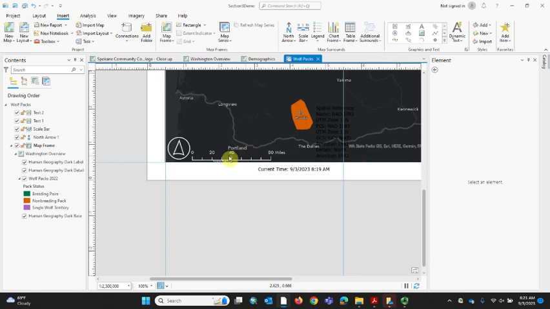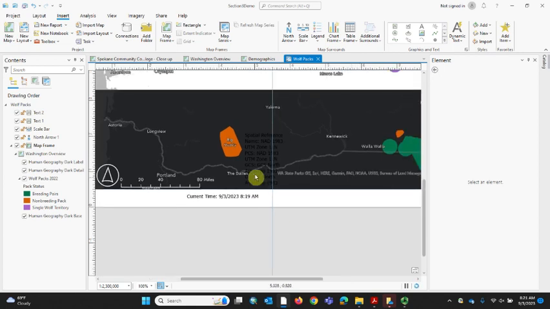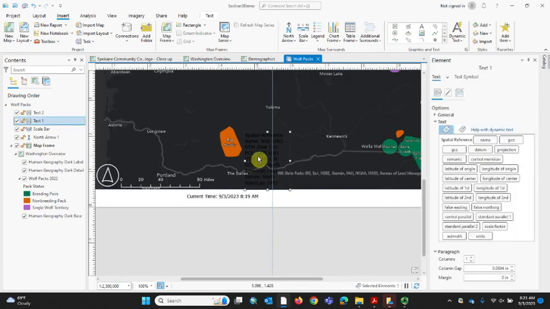All right, I may want to change the position at some point, but we'll deal with that in a minute. Okay, so next piece, what else do I have going on here? I've got my spatial reference, and for your spatial reference, you want to include the name, but you don't need